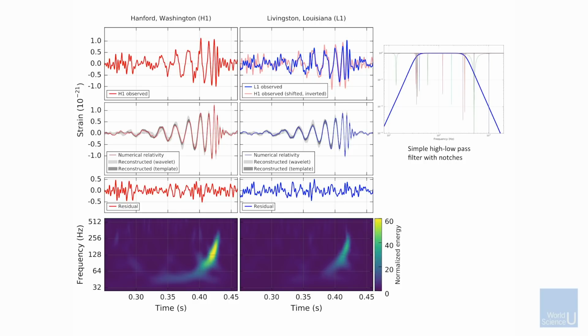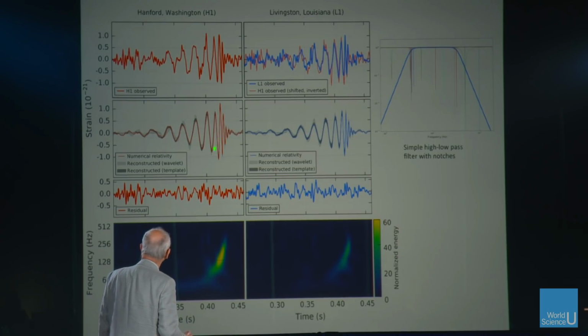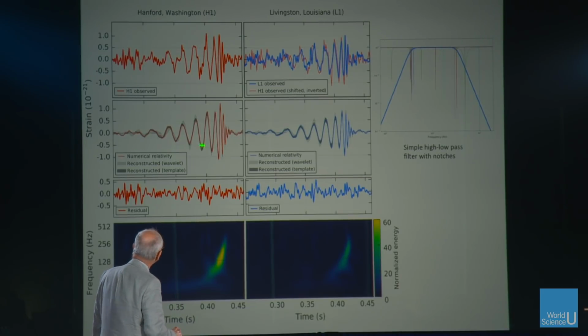And the model can be done in two ways. One way it's done analytically, which is this gray line that's behind there. And the other one is a line which is done from numerical relativity, which is using computers, Einstein equations on the computers. And this now is the residual, the difference between the computer calculation and this data, right? And that's sort of white. And that's true at both sites.